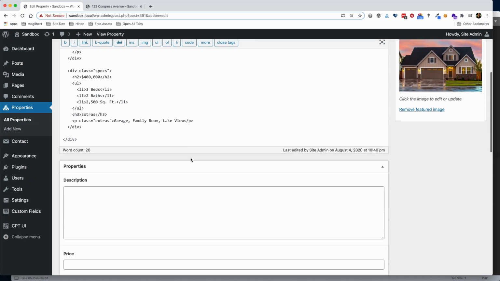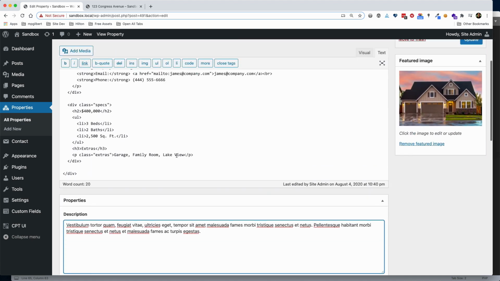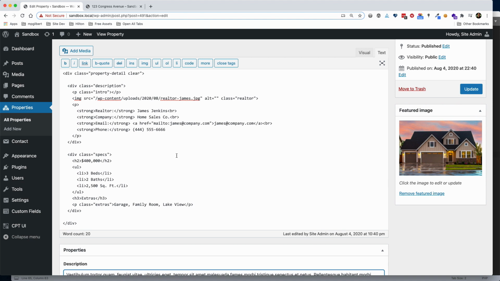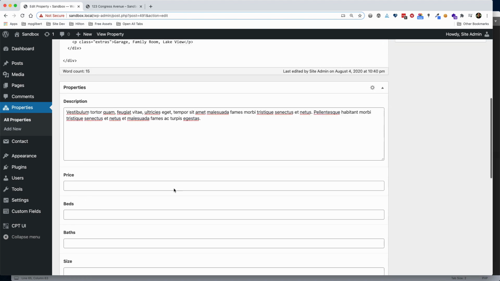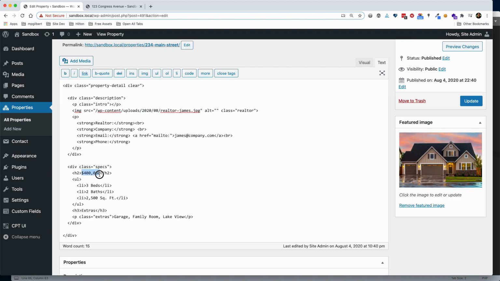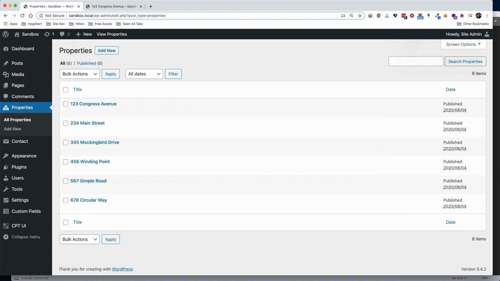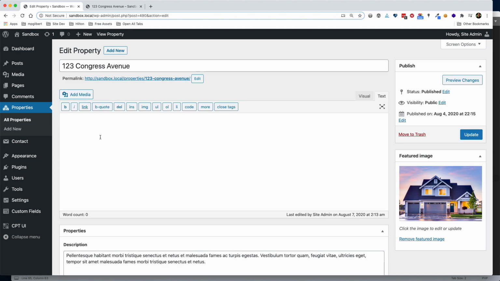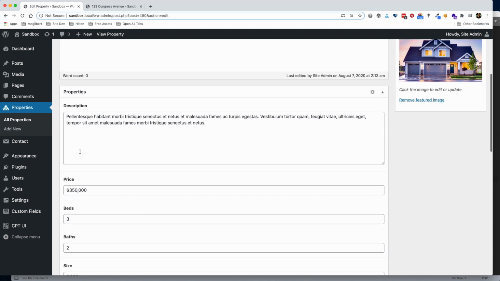I need to cut and then paste down into the field. So I'll do that for each one of these 6 properties, and then I'll speed through it, and I'll see you back here in a moment. So now I've transferred all of those values from the main text editor here into the fields that we created